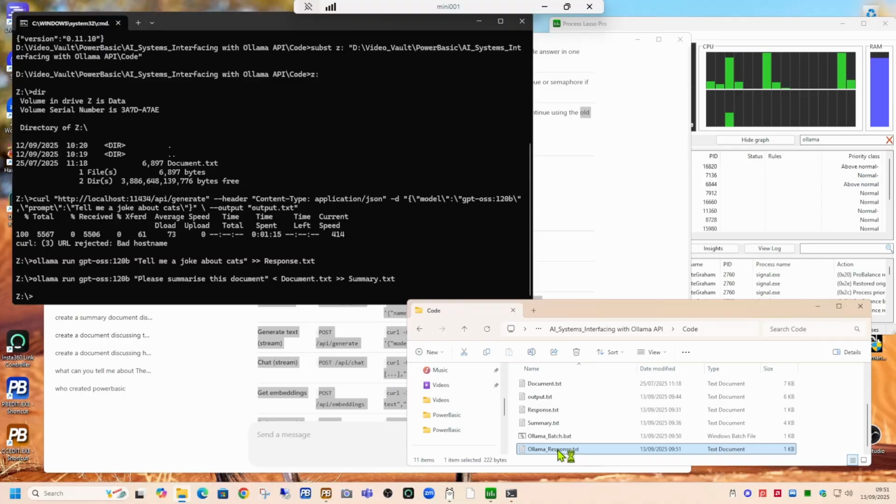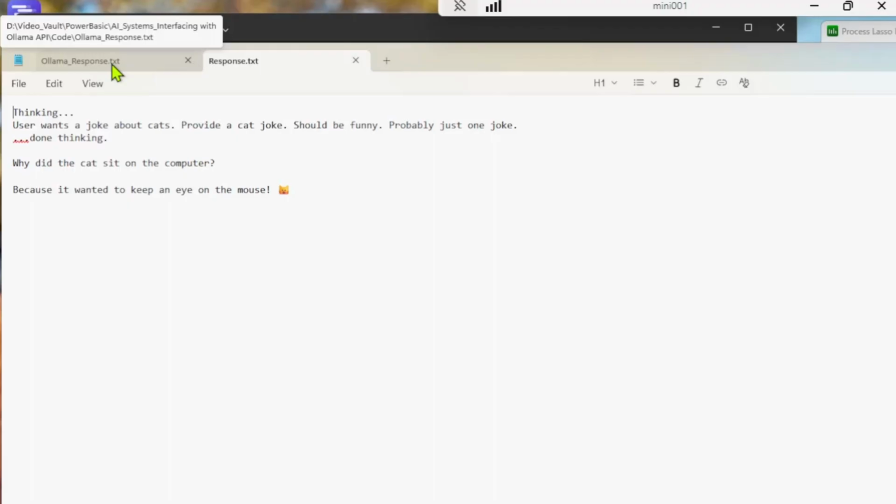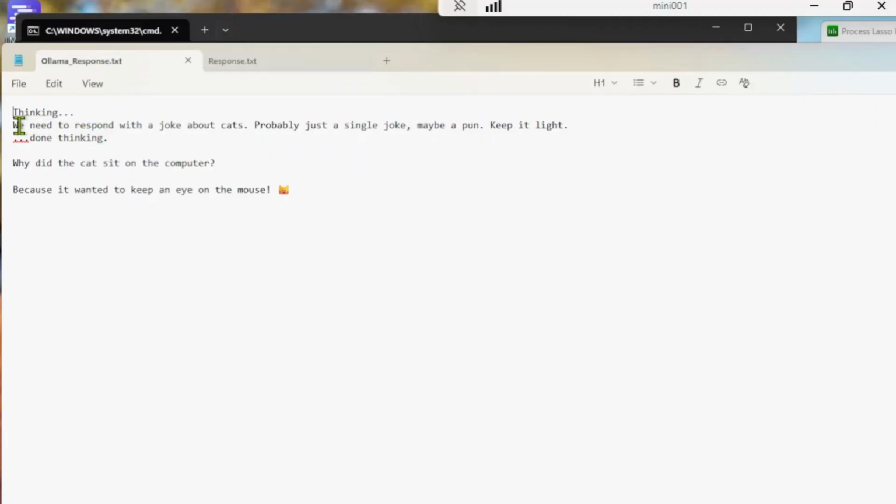If we open the response up, we'll see it looks remarkably similar to the one we had before. Let's just open the other one up. And we're looking for response. And there is the Ollama response and the original one. Very similar. Slightly different text on the thinking,